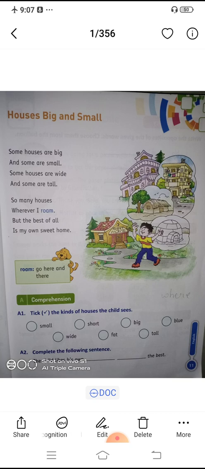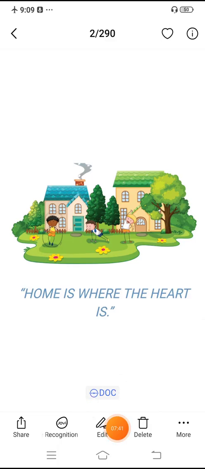We can get peace and happiness in our own house. So this is a small explanation about our houses.